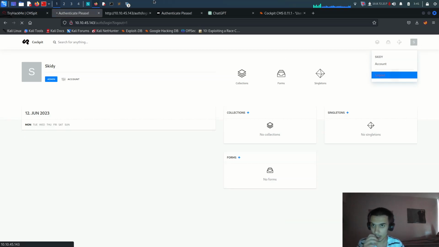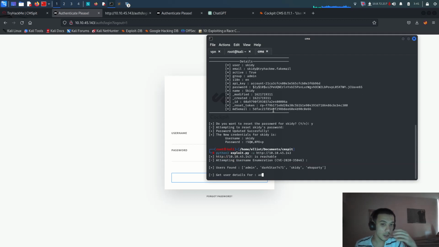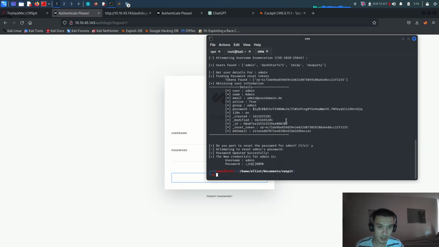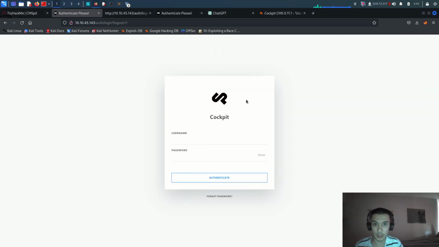Now log out here and run this Python command one more time for getting user details for admin. So I'm going to say admin. Yes, definitely it's giving us the username and password for admin. So let me go here and paste it one more time. I want to tell you guys, it's not going to work with your username and password, so you have to run this Python command. Alright, let me say admin there and